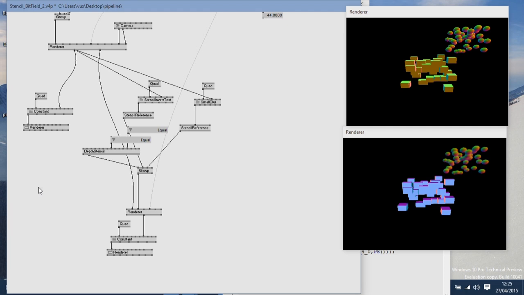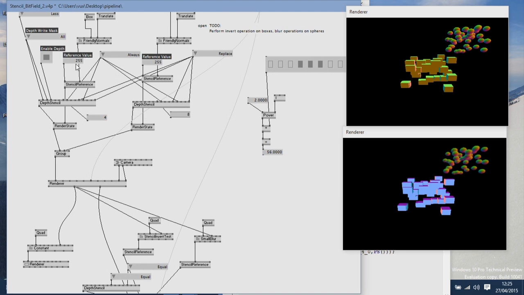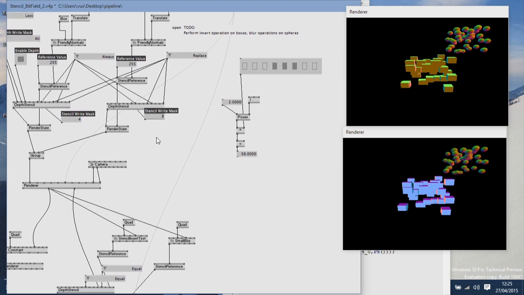When you've got multiple flags on like that, will that stencil reference value still work as it is, or does that need to be changed? Well, in that case, because I use it as a bit field, I always set the reference value to the maximum, and I change the write mask instead. The written value should be the same, but I never change my reference value again. I only change the write mask. They're two different ways to do it, but it's a bit easier to interpret as a bit field if you use the write mask, but you could use